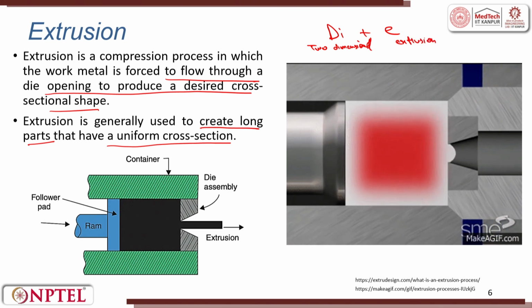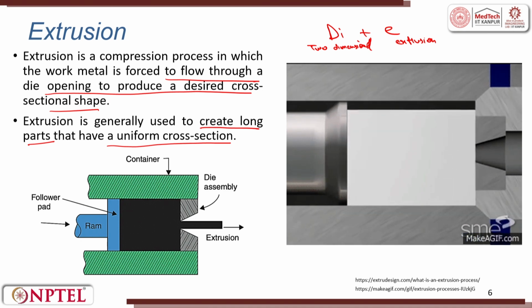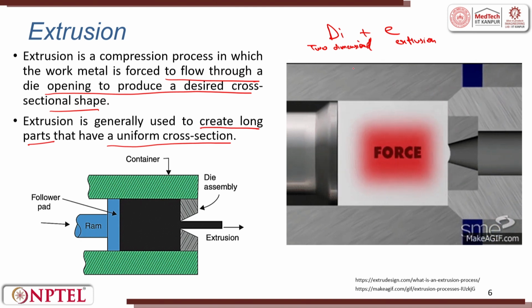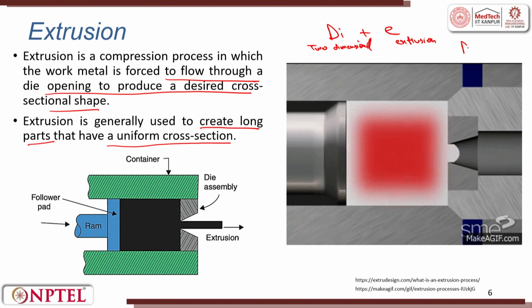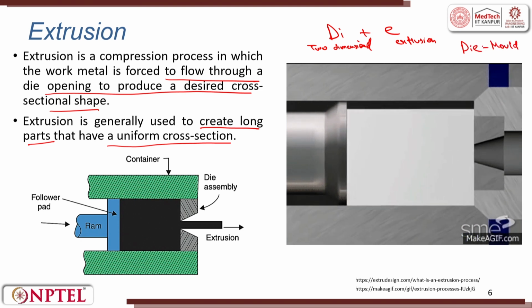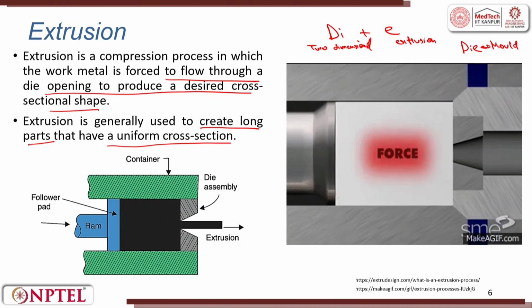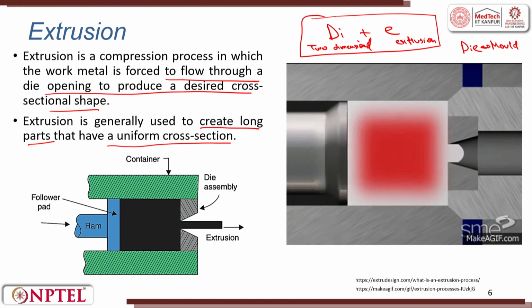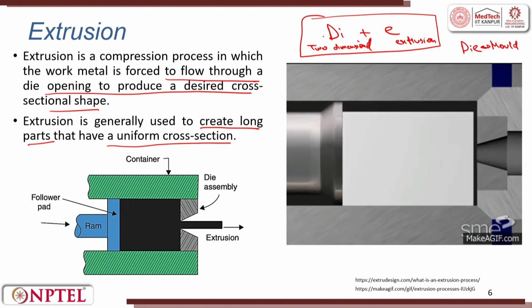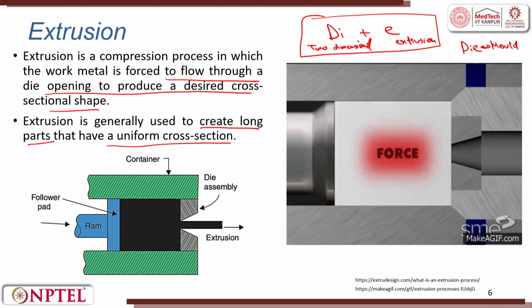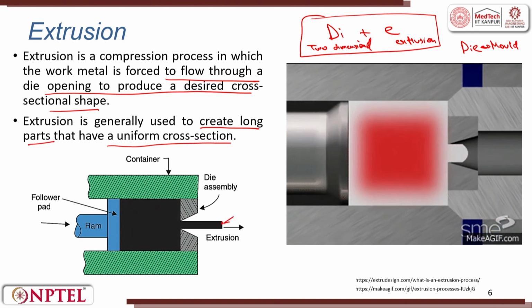Whatever pipes you see, as discussed already, those are generally extruded. If you see bullets, etc., those are all extruded. So a two-dimensional die is there. Nowadays the word die is also used for the mold, which is three-dimensional, but generally the word die was used because a two-dimensional cross section was used. There is a ram that pushes the material and this is the extrusion that has come as output.